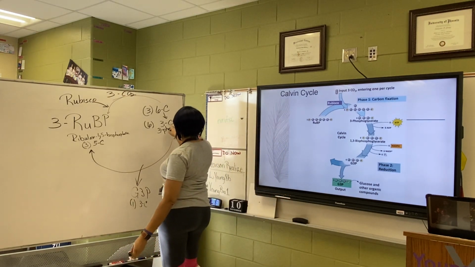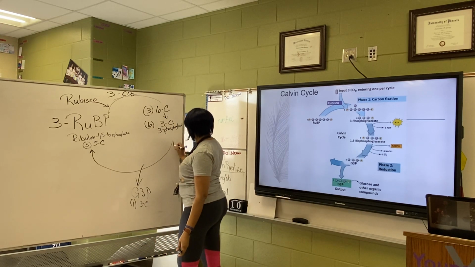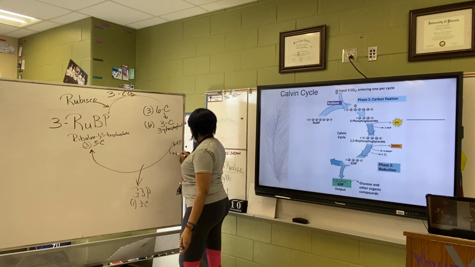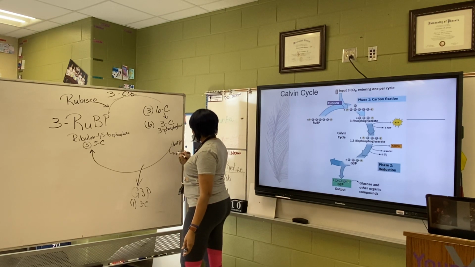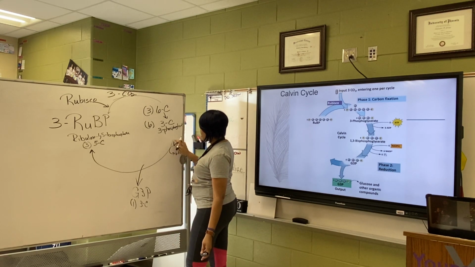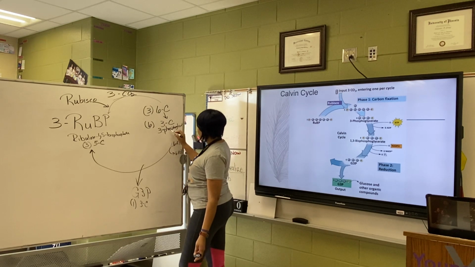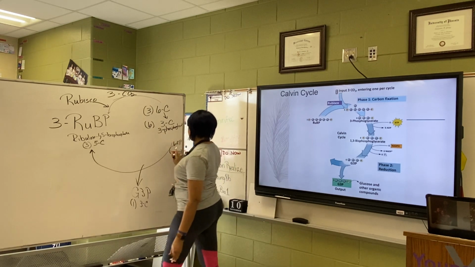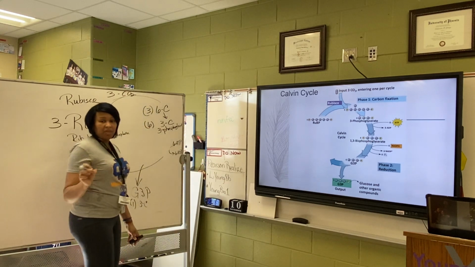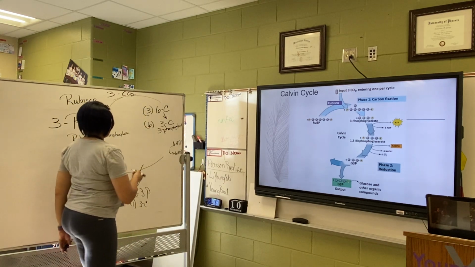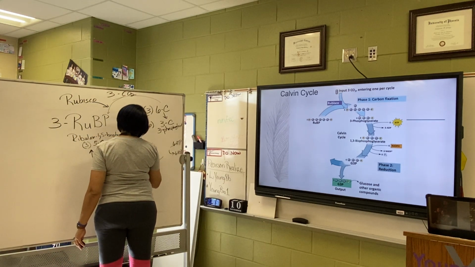Since there are 6 of these, it's going to take 6 ATP. All right, and I'm going to end up with 6 ADP, and the inorganic phosphate that was once a part of ATP is now going to be a part of that next compound, and that next compound is called